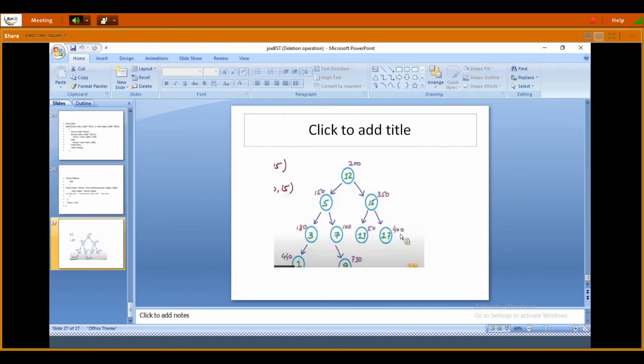One more node we will see. Suppose I want to delete 7. How am I going to delete? According to the same process, I pass the address 200 and the value 7. First it will go to the left part and after that to the right part, because 7 is located in the right part, and finally the address of 7 is 100. We will stop there and check the 3 cases.